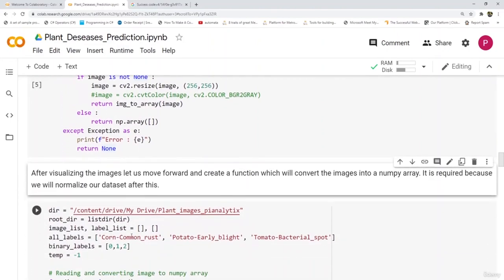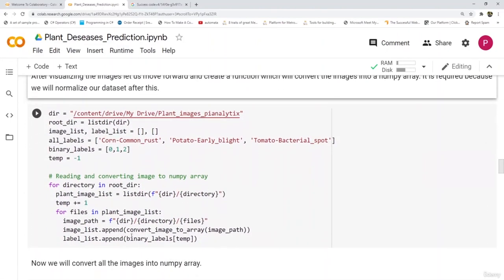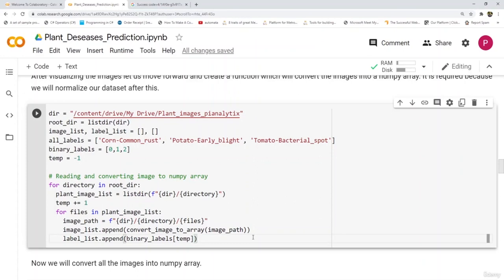So after creating the function, let us call this function and convert all the images into a NumPy array. Here you can see that I have provided the path as plant images PyAnalytics, which contains 3 other folders, and the labels for these folders are corn common rust, potato early blight, and tomato bacterial spot. So we will be working on these 3 plant diseases. Let's run this cell and convert all the images into a NumPy array.